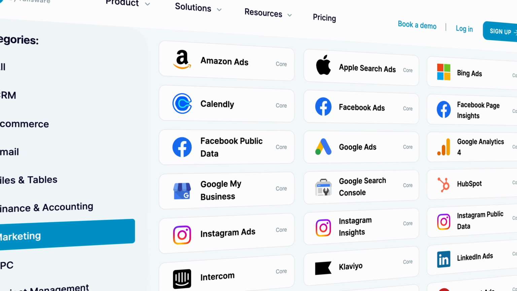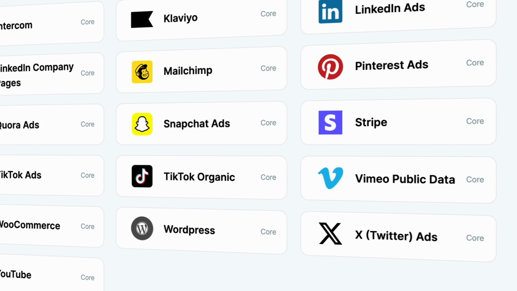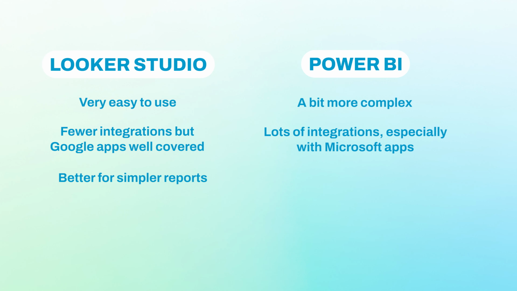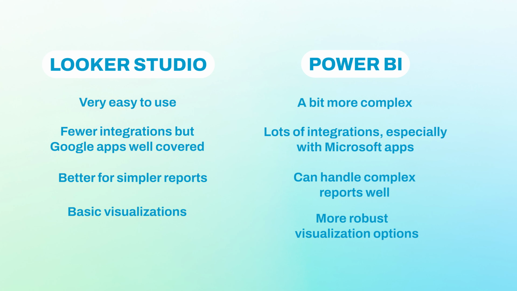However, using apps like Coupler.io, you can get all your marketing data into Looker Studio, Power BI, and even Tableau with ease. Looker Studio is also more suitable for smaller datasets and fewer connectors. In fact, it tends to get slower the more data you add to your report, and it doesn't handle data blending well. In this category, Power BI is a clear winner. When it comes to visualizing data, Looker Studio offers a basic set of visualizations that I would say are sufficient for most marketing reports. If you need more than that, Power BI is a better choice.